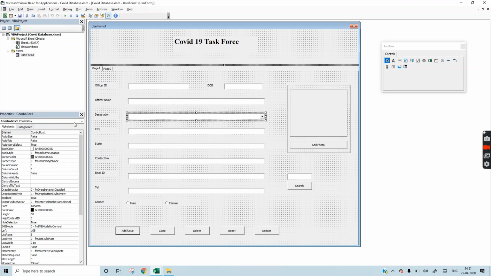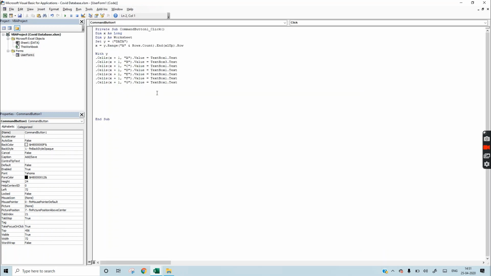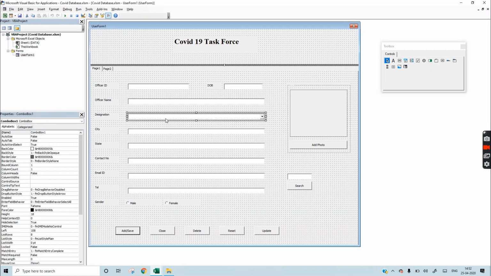Designation is ComboBox1. Sorry, this is ComboBox1.